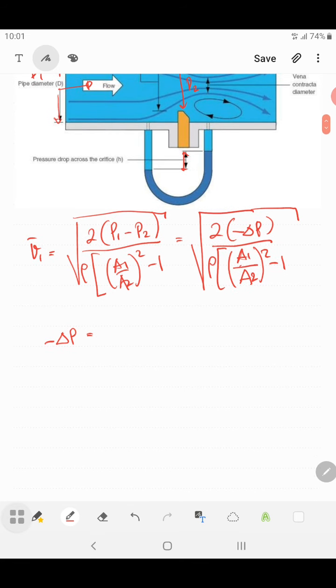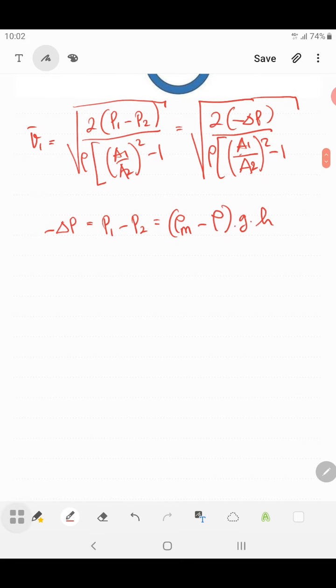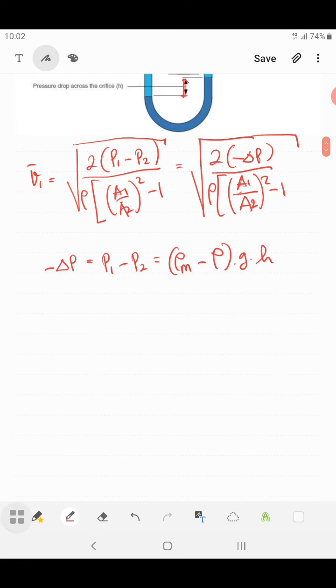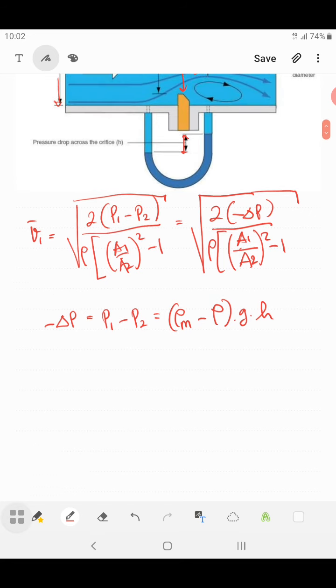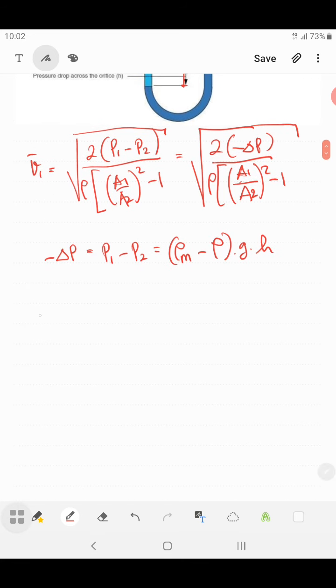And the minus delta p can also be found by using the hydrostatic equation, where p1 minus p2 will be equal to the density of the fluid inside the manometer minus the density of the fluid, times gravity, times the height difference of the manometer fluid. And since A2 is quite difficult to determine, and there must also be several assumptions in deriving this equation,